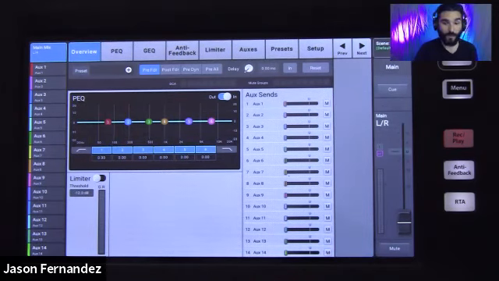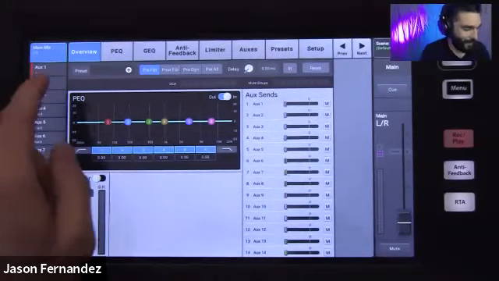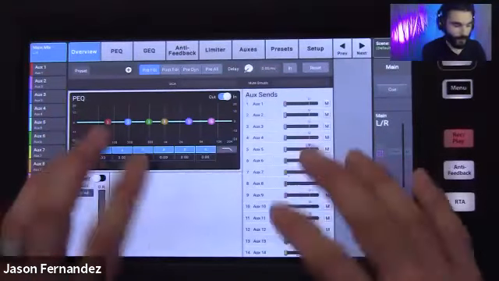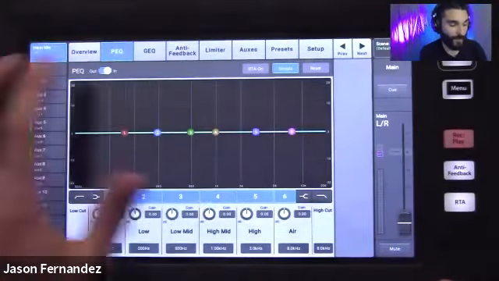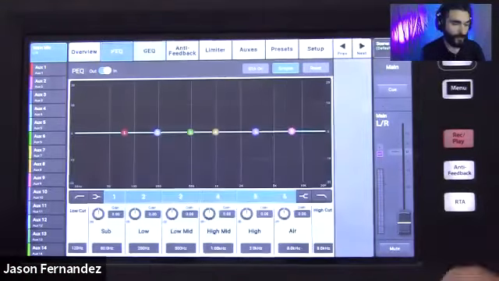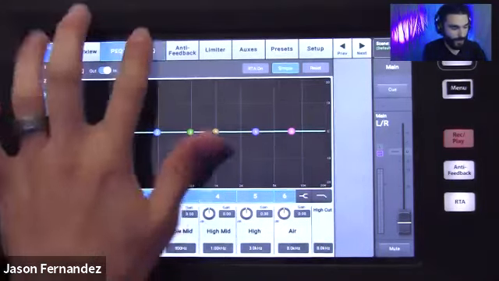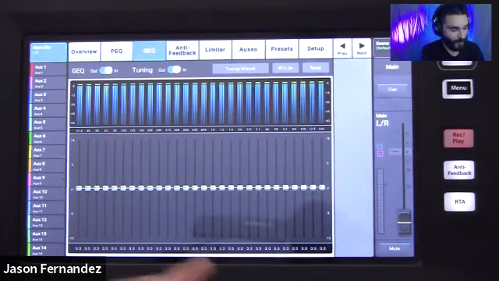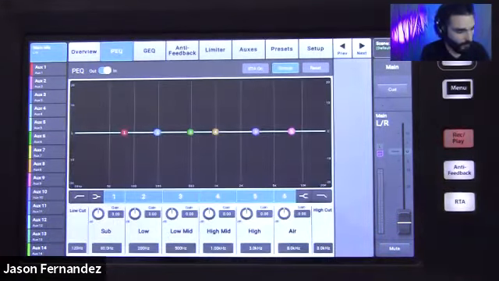Looks very similar to our inputs here. We have a lot of the same. The navigation, first of all, looks the same. We still have our overview screen, kind of showing us our overview of how the output is configured. We have our parametric and our graphic EQ here. So on the outputs, as I explained at the top of the lesson, we've got our 6-band parametric EQ as well as our 28-band graphic EQ. So you do have both EQs in your outputs, and you can use either or you can use them in series of each other. They will run into each other.